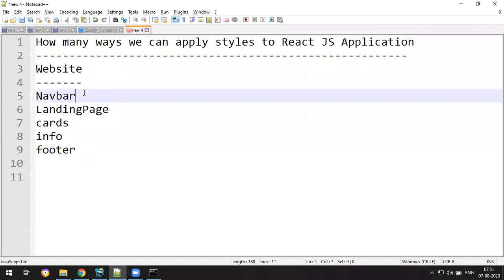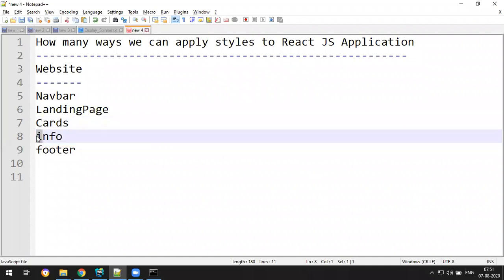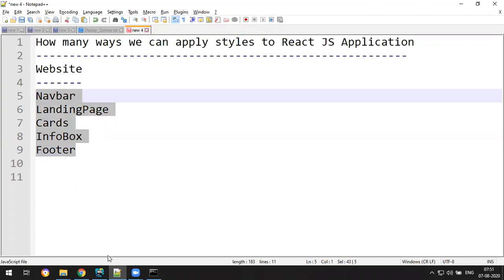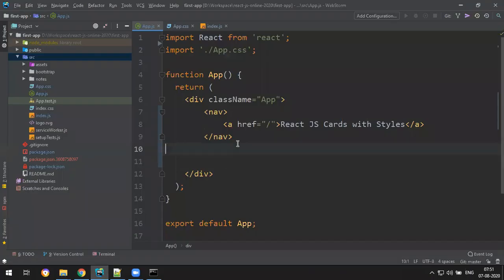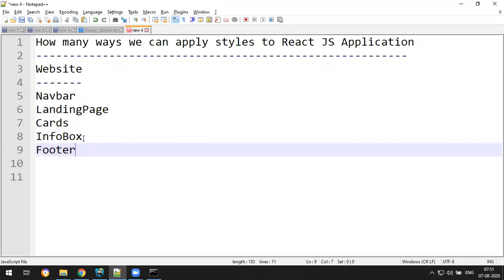So navbar component is required, landing page one component, cards one component, info, let's take info box one component, footer one component. So we're going to create these 5 components as of now, and then we'll add everything to the app. Okay, so let's start creating these components and then we'll develop the website.